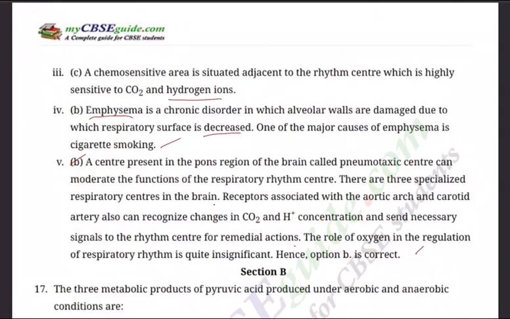So, this is how you need to answer section A. You need to be specific and to the point. So, we continue answering the